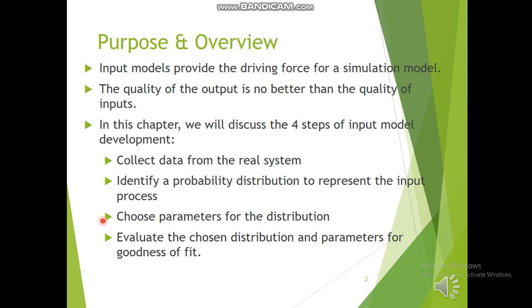Okay, next you have to choose the parameters for the distribution. For each and every distribution you have different parameters. For example, lambda, alpha, beta, they are the different parameters we use in case of different distributions. So you may have to choose the parameters considering the particular distribution. Next you have to evaluate the chosen distribution and parameters for the goodness of fit. You have chosen a certain distribution and you have to test it now against the input data. So you may go for different kinds of tests, maybe the chi-square test or the KS test or other goodness of fit tests. These are the different tests that may be used for evaluating the chosen distribution.